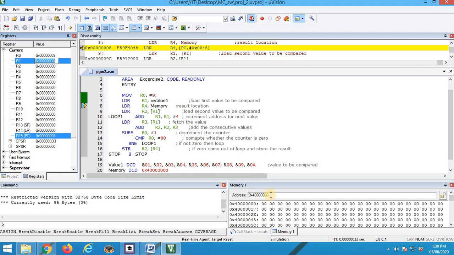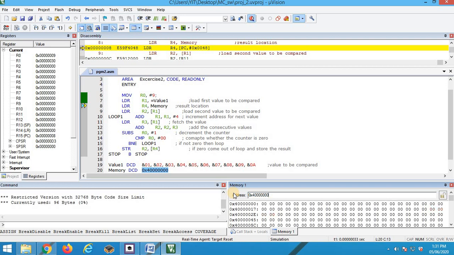So let me check the content at that particular location in memory. That is 0x12345630. As you can see the contents, in the first 4 locations I have 1, next 4 locations 2, 3, 4, 5, 6, 7, 8, 9, then A, which is nothing but 10. So these are the numbers which are stored in the location which starts at this particular address. Okay, so that is the memory view of the array.